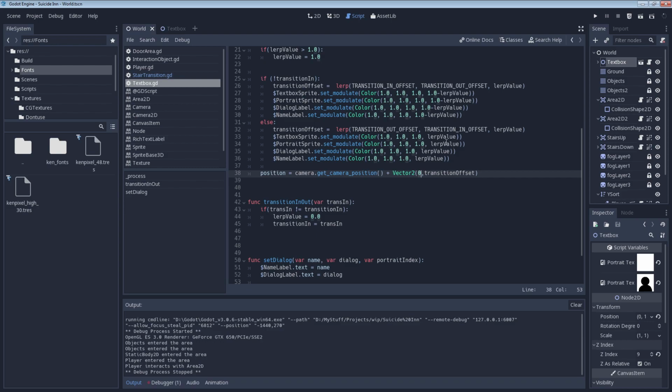The first part, the triggering of this fade-in effect, is done with this function, which just checks whether the transition in variable is equal to the new value, and if that's not the case, then the lerp value is reset to 0 and the new value is applied to transition in. Now, why do we need this condition in here? We need this condition because otherwise,